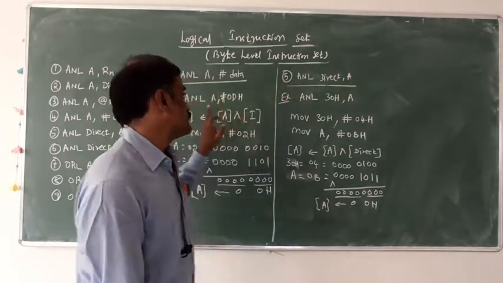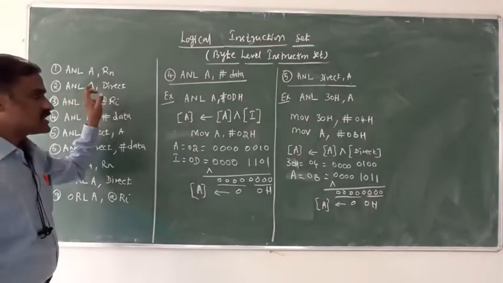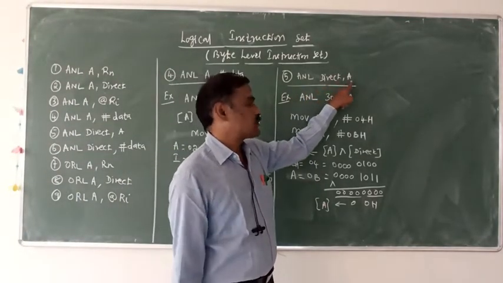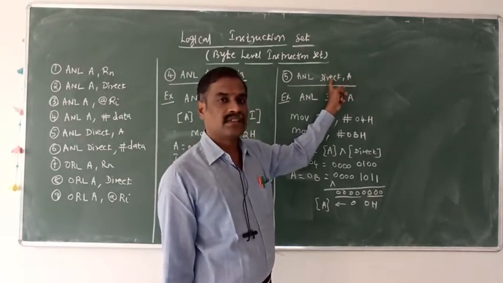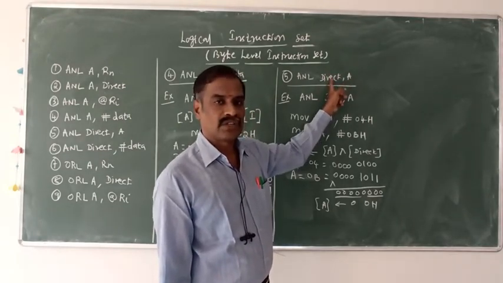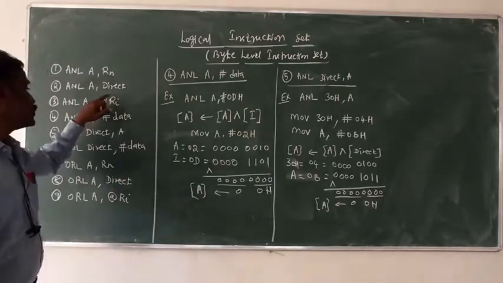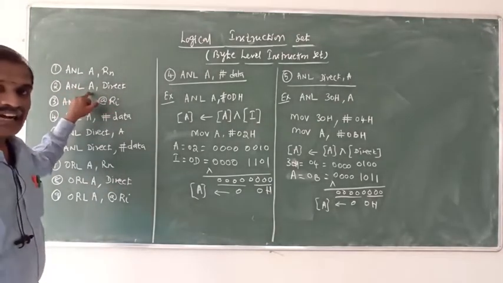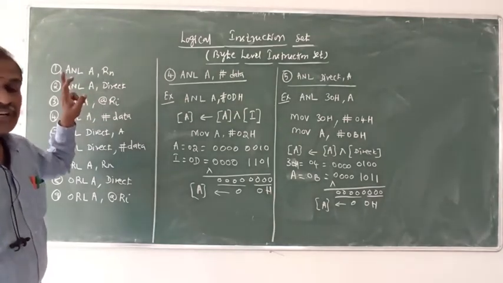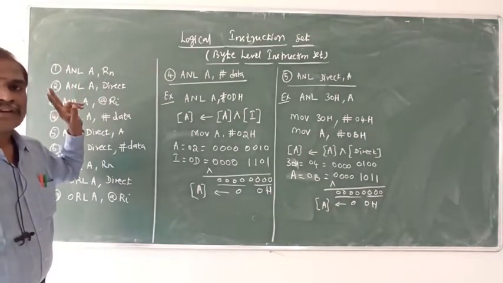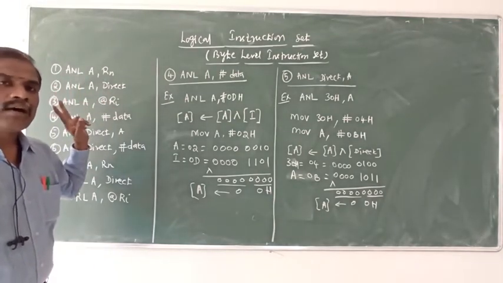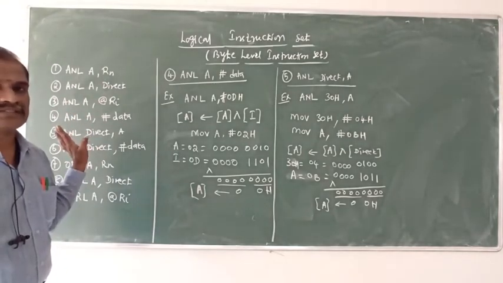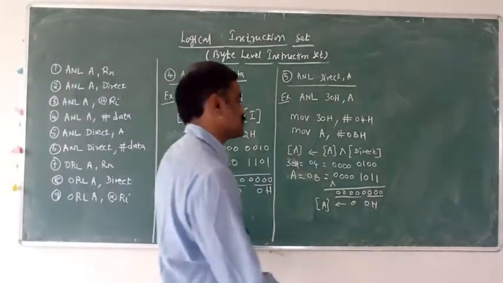The main difference between the second instruction and the fifth instruction: here the source is the accumulator and the destination is the direct memory address location, and here the source is the direct memory address location and the destination is the accumulator. Both results will be stored in the accumulator itself. Both are logical AND of 8-bit data. And the sixth